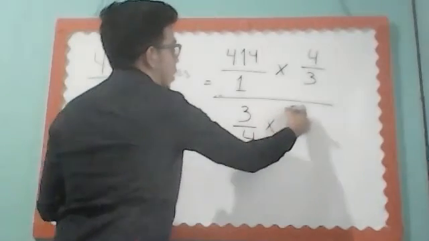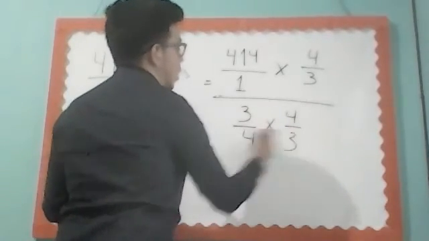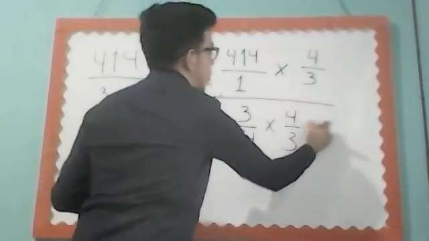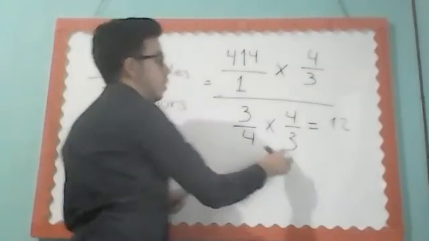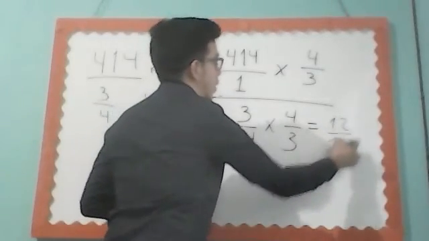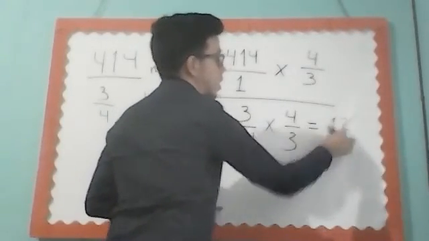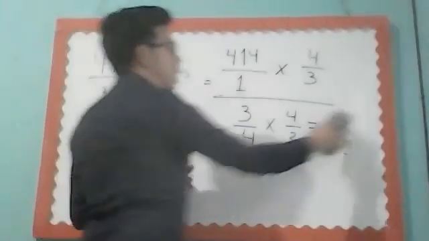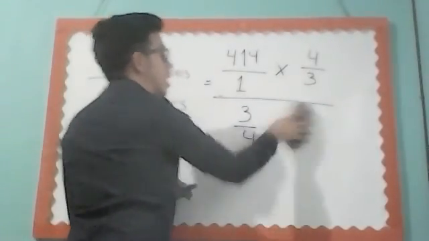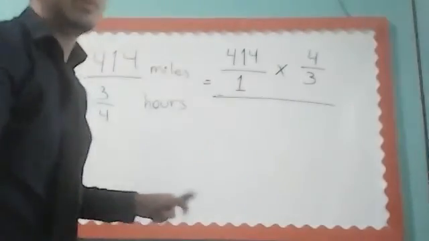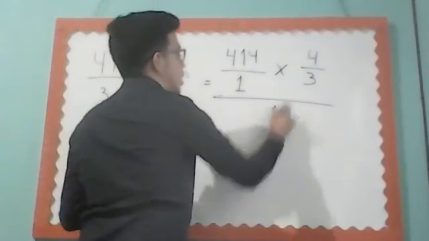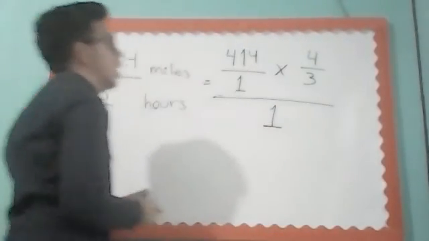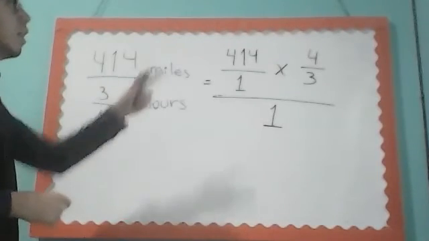3/4 times 4/3. Again, 3 times 4 is 12, and 4 times 3 is 12. You divide again, and this is 1. So I'm not going to write all this. I'm only going to write 1. This is divided by 1. Now I can multiply in here. I need to multiply